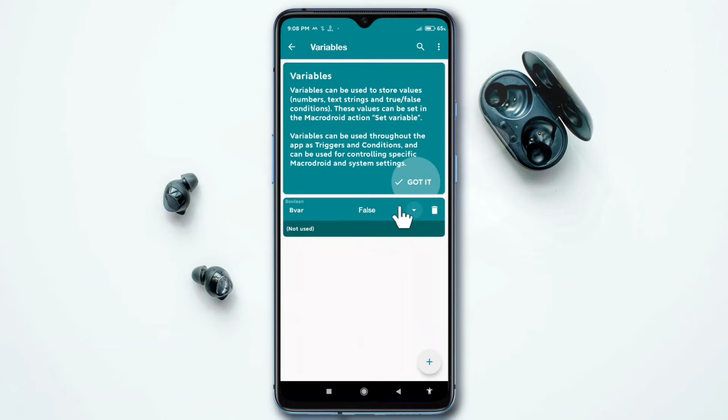Now the Boolean variable is created, and the default value of Boolean variable is false. We can change the value from here also, and this variable stores only true and false conditions. It may be true or false, we can't predict, and we have not assigned this variable to any macro, so "not used" is written here, and we can delete this variable from here.